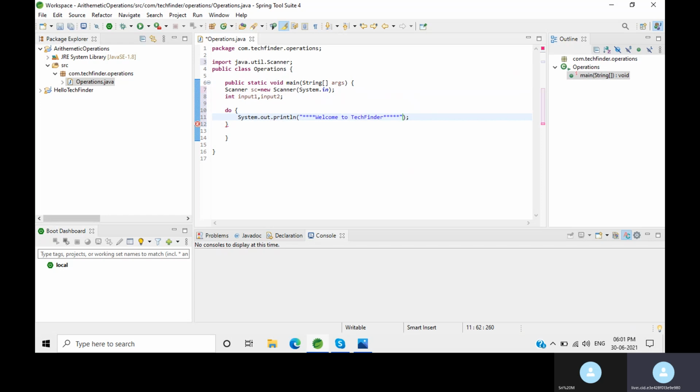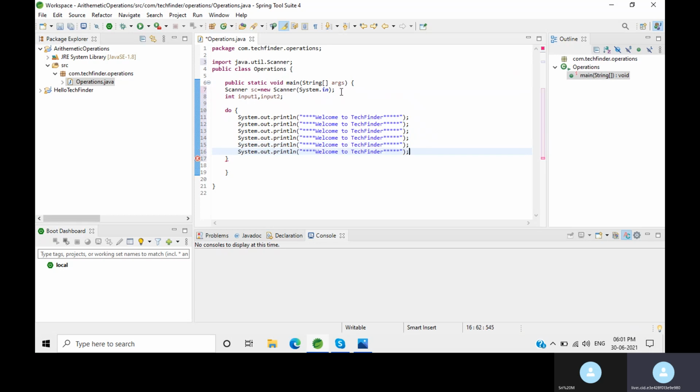Now create the menu options. Just copy this sysout statement. Now change the options.